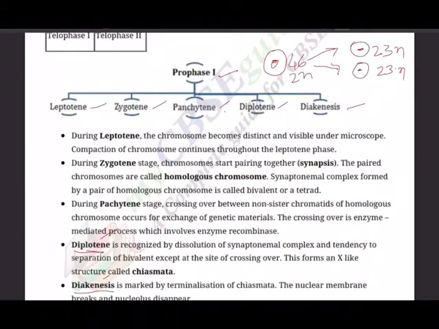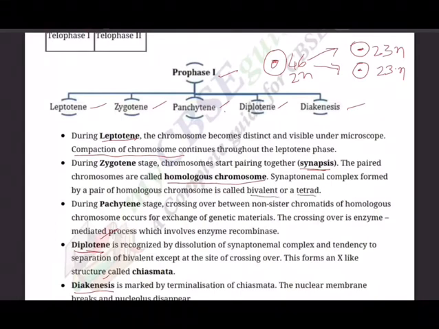During leptotene, as you may be recollecting from your memory, chromosomes become distinct and visible under the microscope. Compaction of chromosomes, this is important, this is the characteristic of leptotene, continues throughout the leptotene phase. And second, during the zygotene stage, chromosomes start pairing together, synapsis takes place. So, pairing of homologous chromosomes. The paired chromosomes are called homologous chromosomes, and the synaptonemal complex formed by a pair of homologous chromosomes is called a bivalent